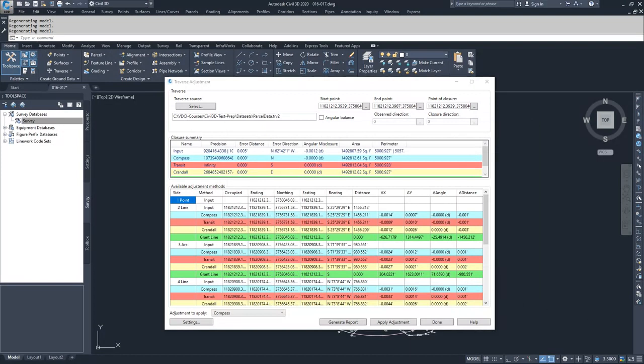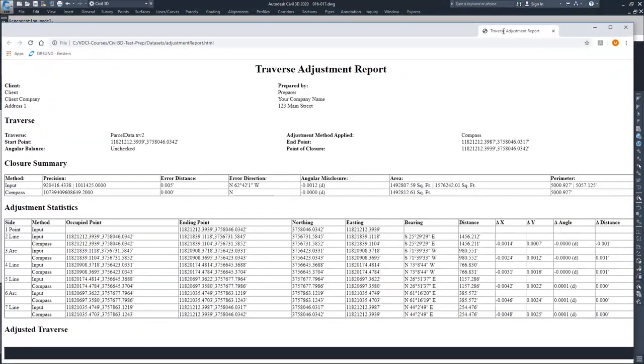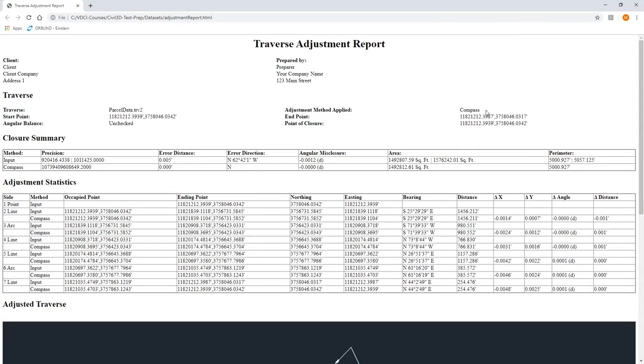If I go to that information and pull it up, you will see I have a traverse adjustment report that's been created. I opened the one that was in the drawing folder where I had saved it. Inside of this traverse adjustment report, you can get all of your information: point information, line information, arc information, as well as your error distances and error direction. You can get your degree of closure, and all of this information can be copied and pasted into a Word file and edited as you need to submit a traverse report for some municipality.